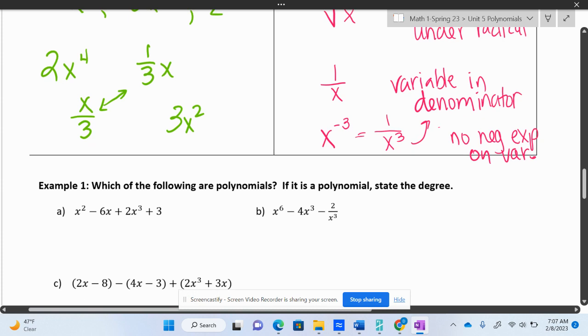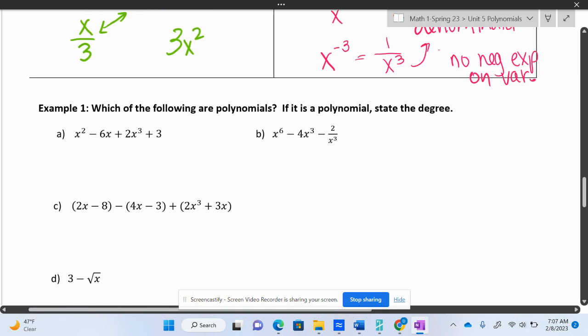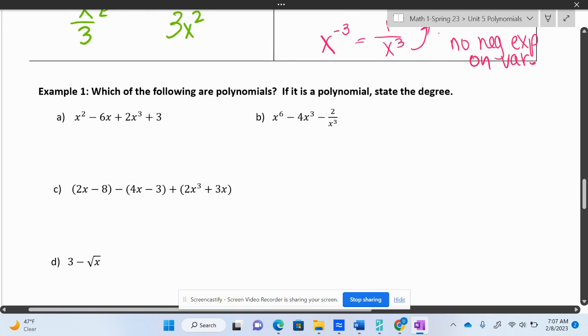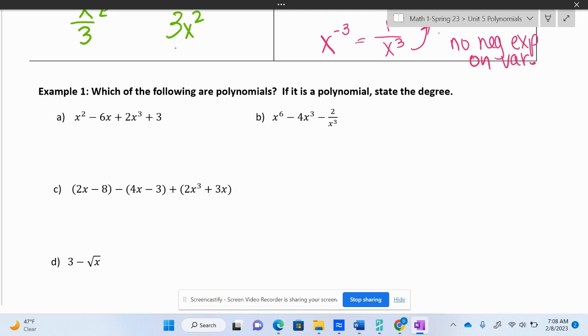Okay. All right, so let's look at the polynomials, and we're going to determine, first of all, if it's a polynomial or not, and then if it is, we're going to state the degree. So this is a polynomial, doesn't violate any of the rules that we have under the monomial term, right? So I want to look at the degree of each term, degree 2, degree 1, degree 3. So this is a third degree